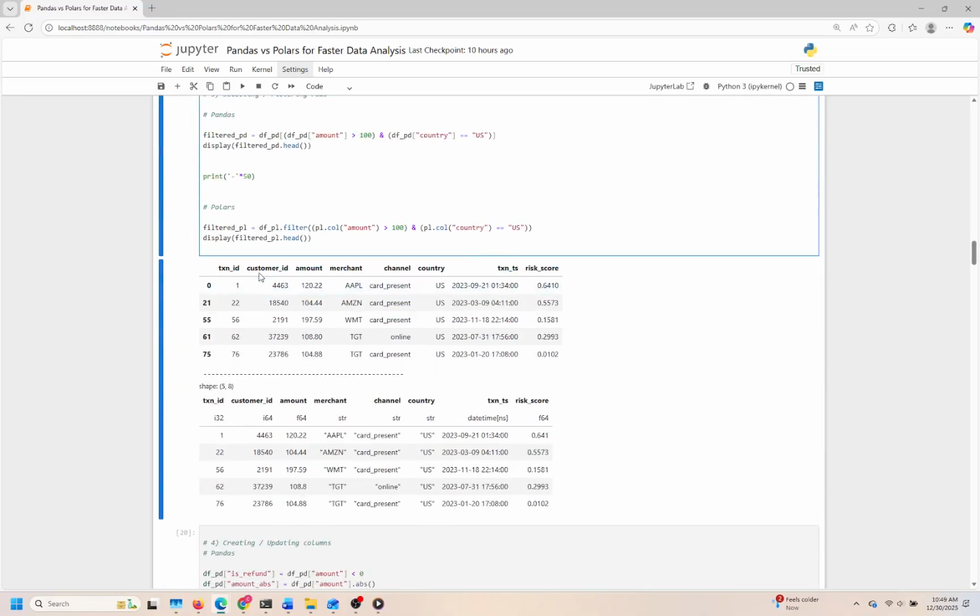For our first approach, we turn to the Pandas library. This library is renowned for its user-friendly syntax and rich functionality, making it a favorite among data analysts. We start by creating a new filtered data frame based on our criteria. By applying the appropriate filters, we can select rows that meet our conditions. Once this new data frame is formed, we display its first few entries, giving us a clear snapshot of the